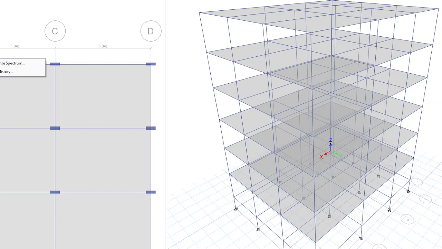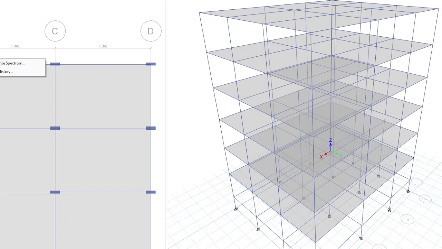Unlock the model. If you go to define, you can see functions. It will not affect the model.